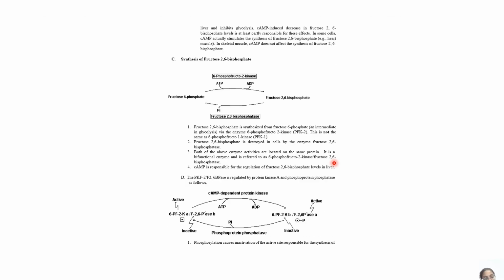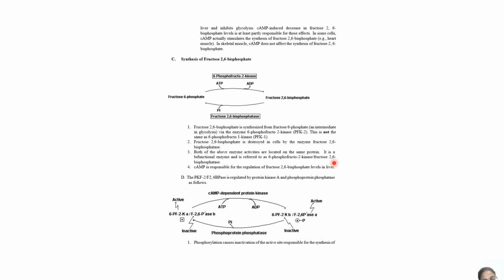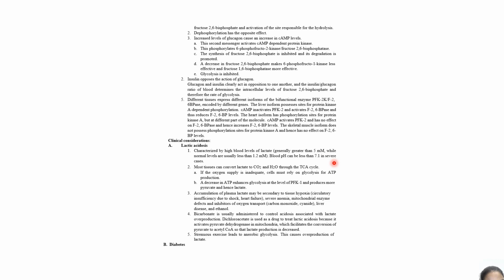So we have talked about all these steps. If we can talk about the clinical considerations now. So when there is a high blood level of lactate, okay, blood pH can be less than